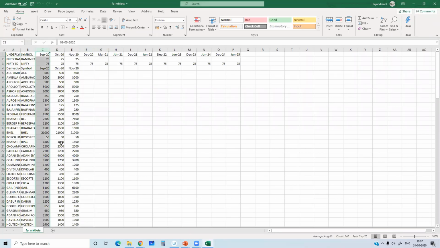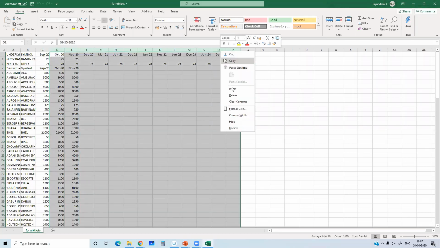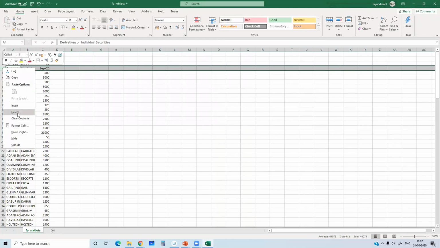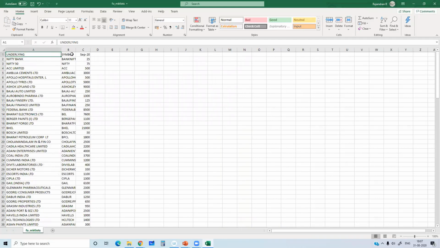Remove, this is a current month contract, and the rest of the other contracts, delete them here. Right click and delete, and give the headers. So remove all those unwanted lines, and then give the headers. This is underlying symbol and the lot size. All right, so let me save the file again. File save as.